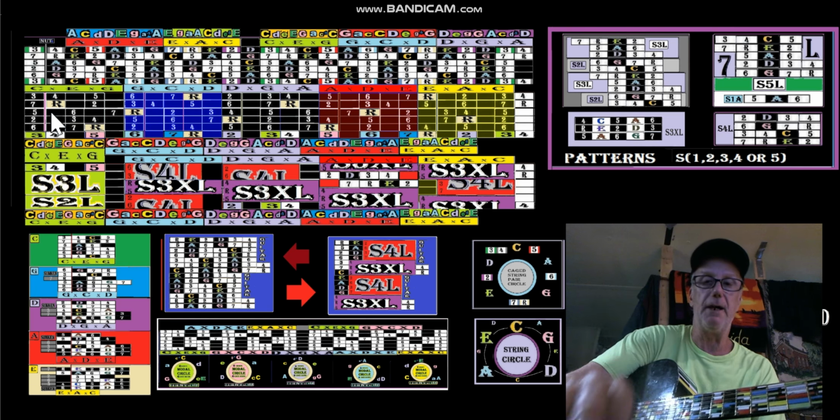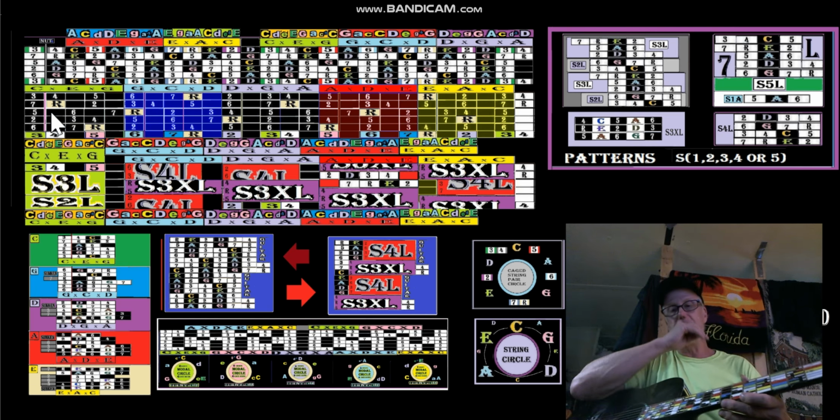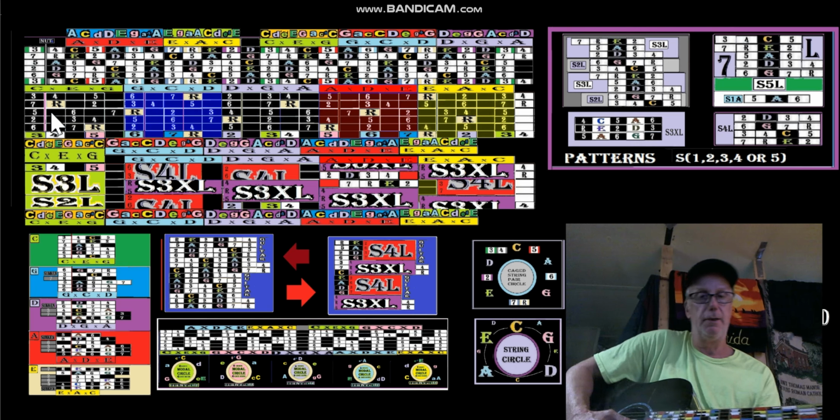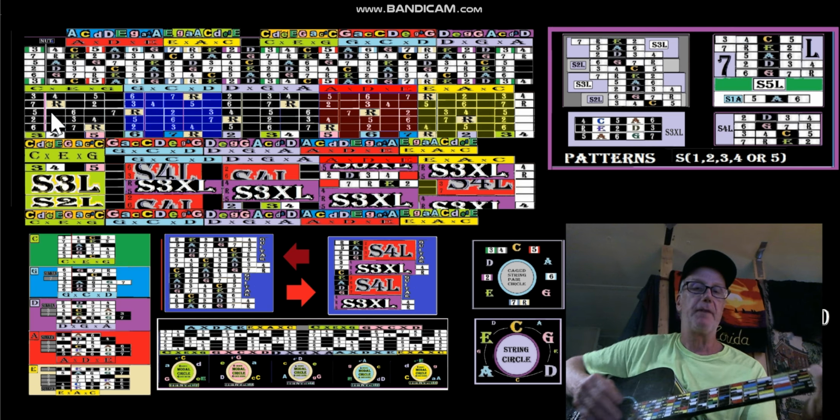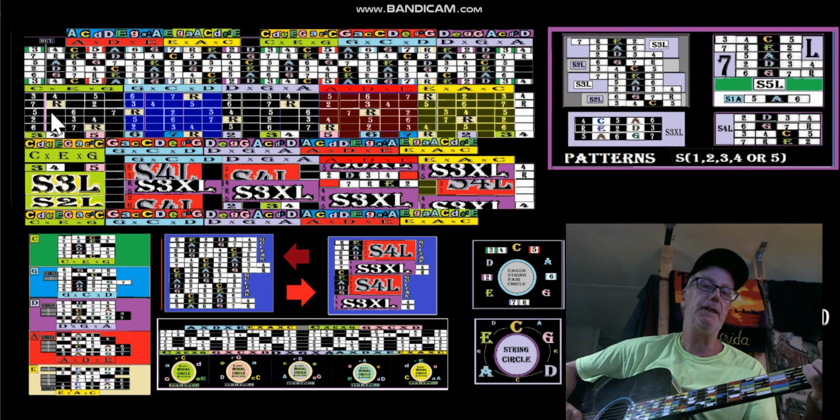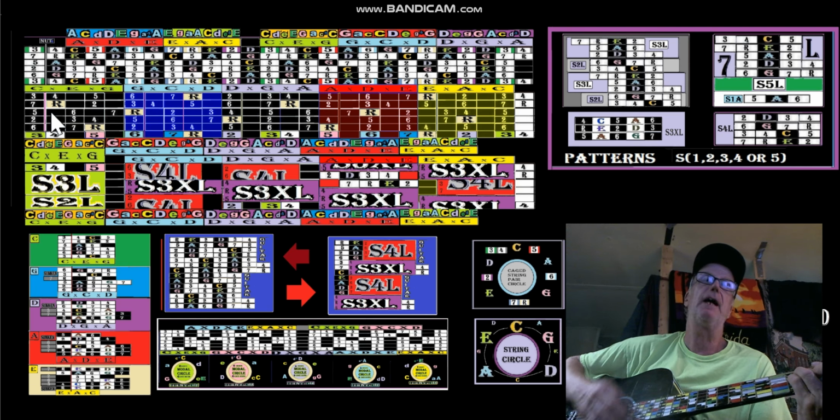Okay, let me tune up. My B string was flat. So if I play a half step above the E shape up here in the D flat zone, all right,